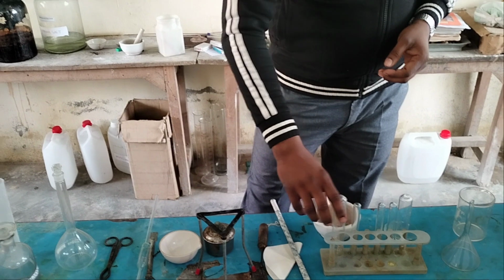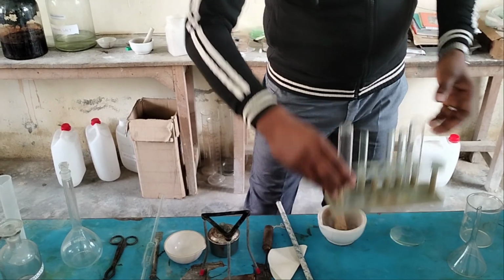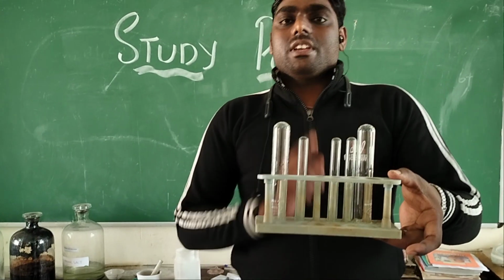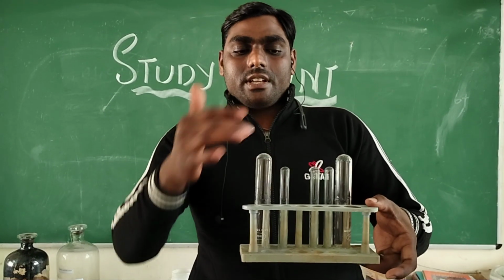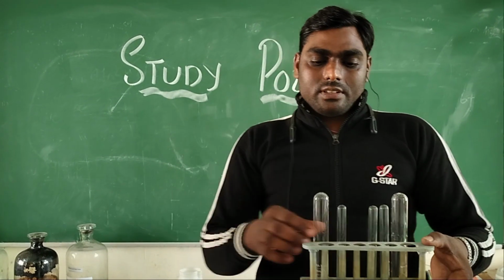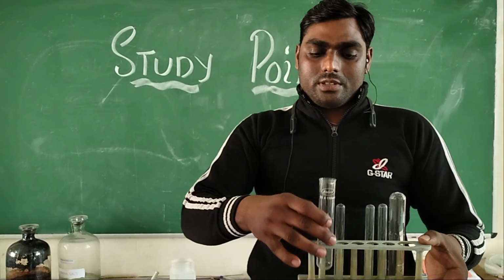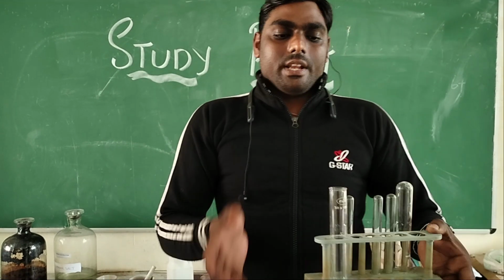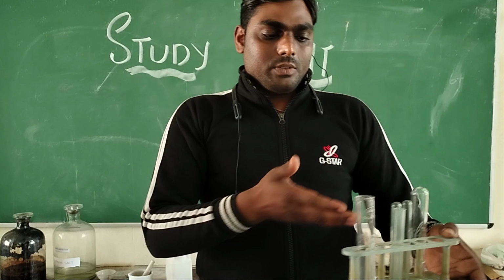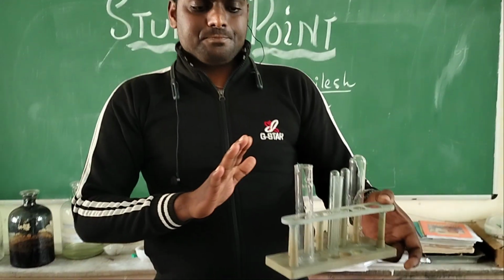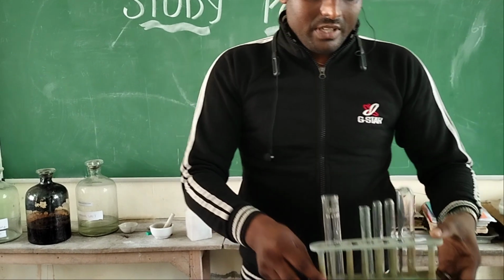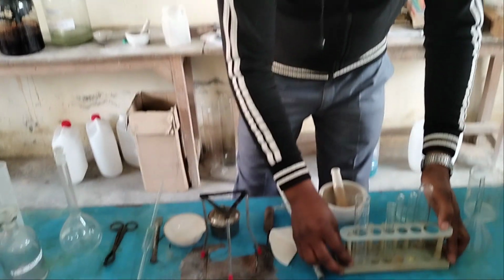These test tubes are held or put on a substance which is known as a test tube stand. So this is a test tube stand. In this we can hold these test tubes in different ways. After using the chemicals we can put them in it, or if we store chemicals, like this way. And after washing these we can put them upside down so that the water droplets which stick to the walls of the test tube may dry up and the test tube becomes clean. So this is a test tube stand.